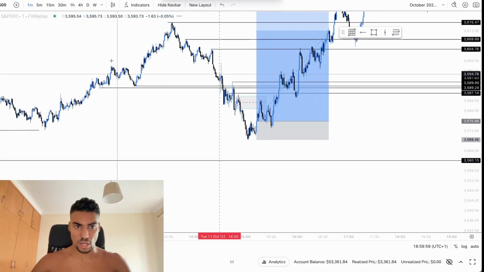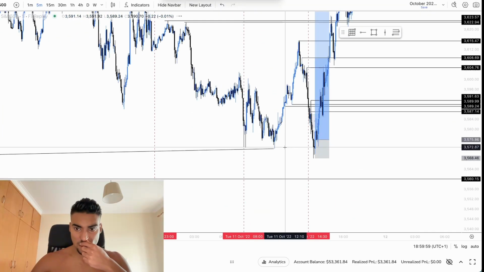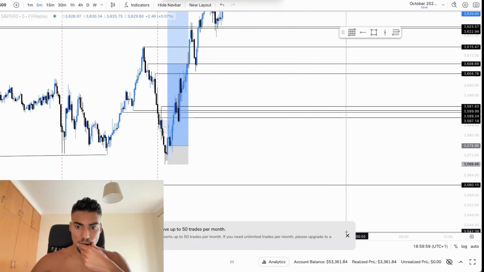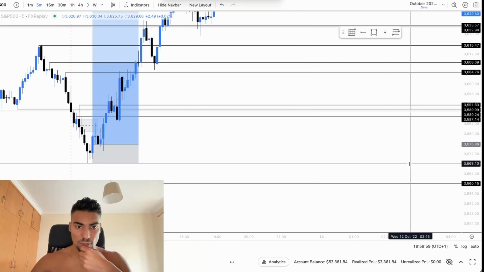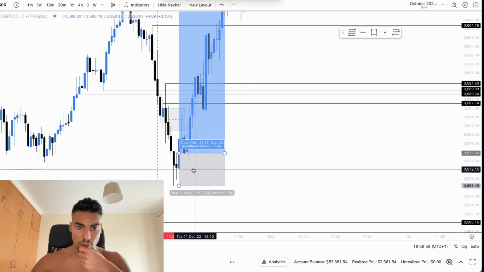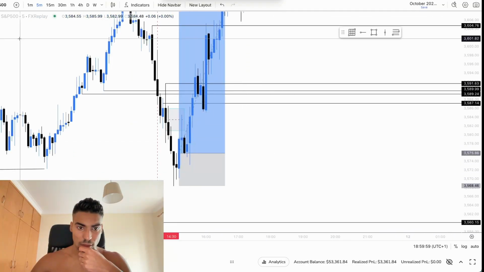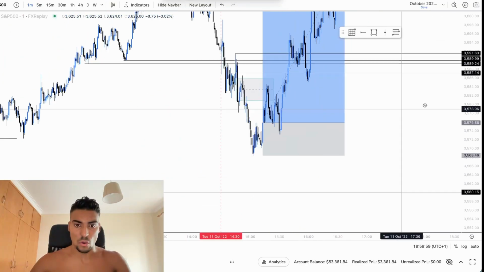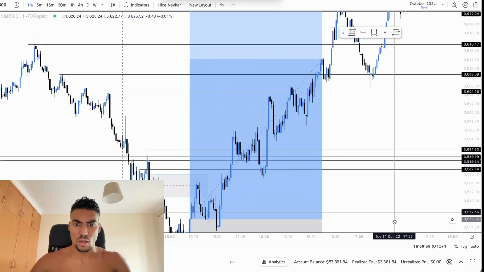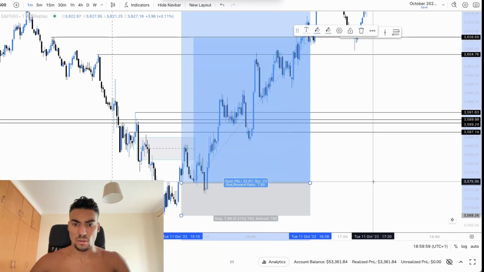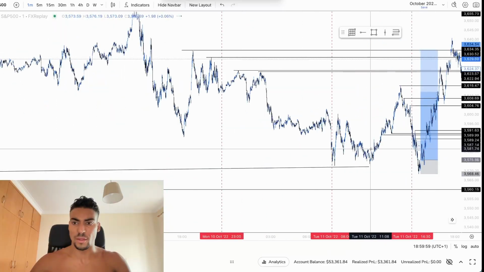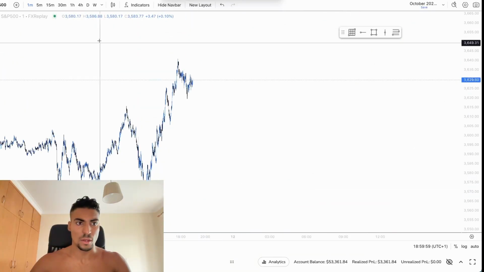So we finished on a bullish trade after a liquidity sweep and a 5-minute equilibrium fill, I believe, but it was more than a 1 minute trade. Very good trade, 1 to 7, 1 to 8 risk to reward ratio. Let's not lose too much time, and let's keep going.